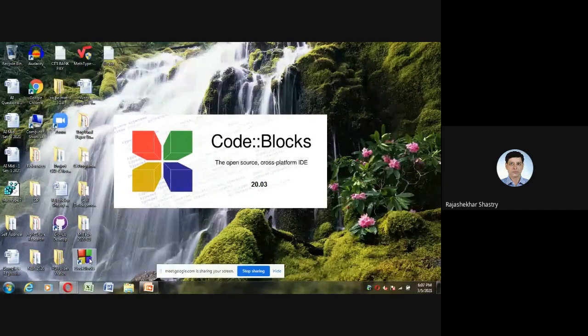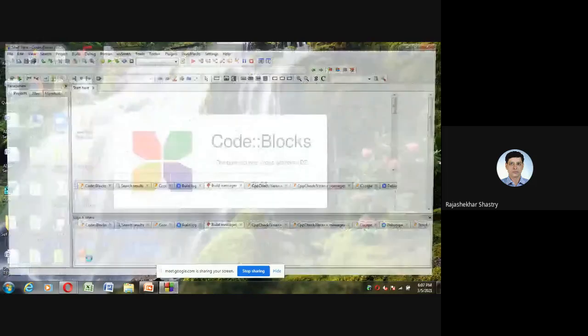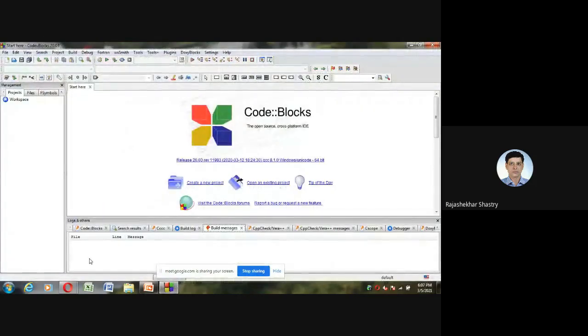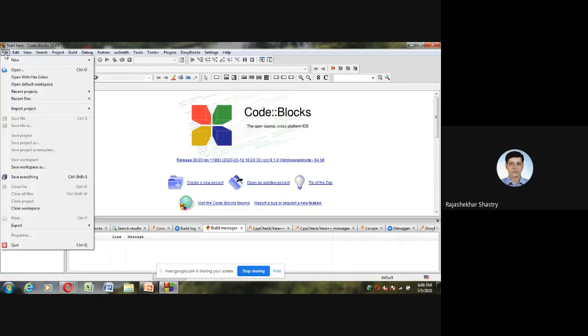This is the opening screen of the Code::Blocks IDE, and this is the overall environment where we do projects related to C, C++, and even Fortran. If you want, you can do the programming. So this is the overall environment. If you are doing any project, you will find several options. Under the New option, we have the empty file option, and you can create a class file. You can even create a project in which you can dump all the files, and there are other options too.